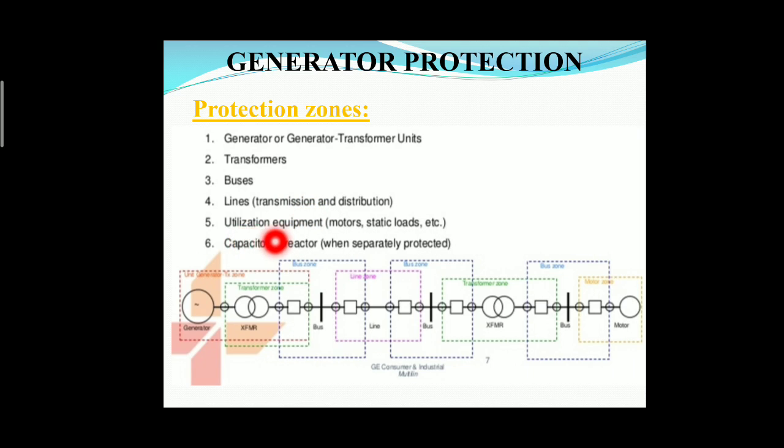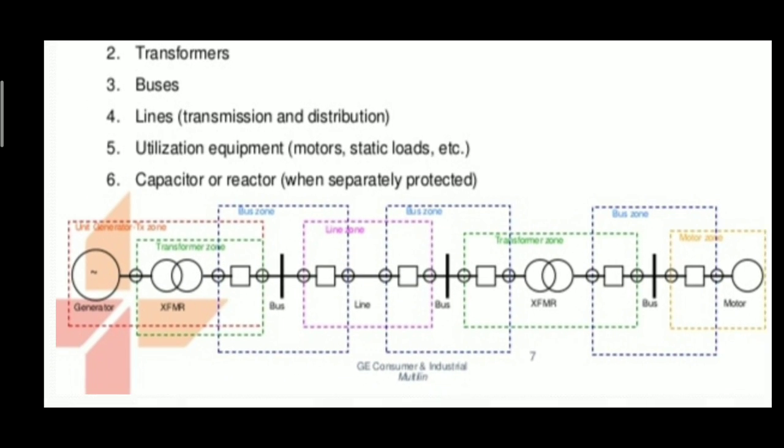Next are the utilization equipments, that means motors, static loads, etc. We give protection for all the utilizing equipments also. Next are the capacitors or reactors. In generating stations or distribution systems, we use various capacitor banks, and in that case also we give separate protection for the capacitor banks. This is the overall protective zone